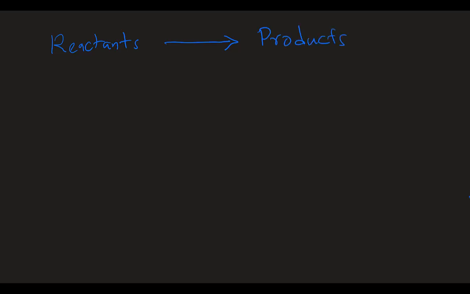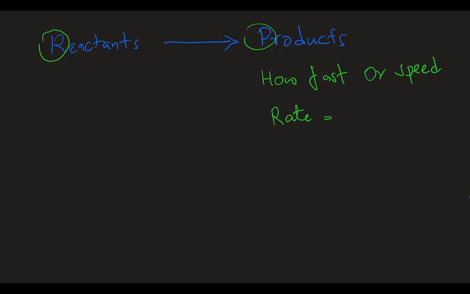Reactants converting to products. In these reactions, in kinetics, we want to know how fast a reaction can take place, or what the speed of a reaction is. So this can be written as rate equals losing reactants over time, which equals gaining products